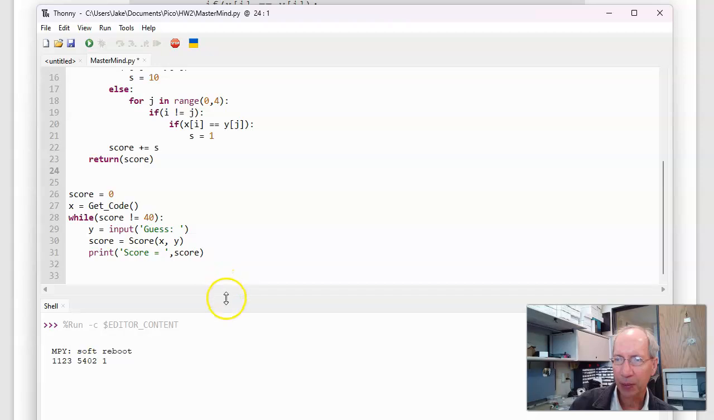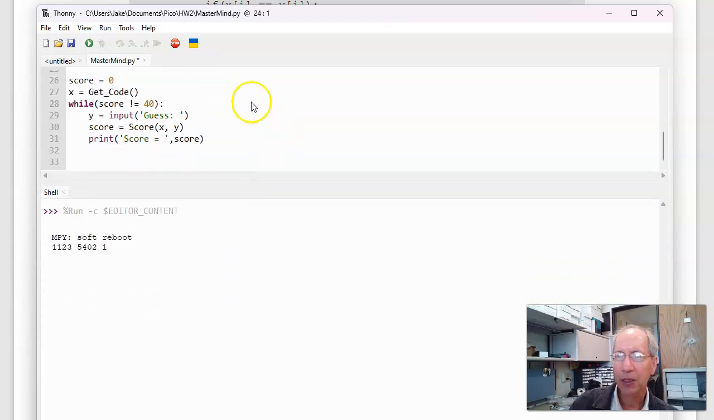Let's bring this up. It's going to ask my guess. Let's try 1, 2, 3, 4. 0, 1. So there are 3 zeros and 5s in the guess. Let's guess 0, 0, 1, 5. 2, 1. So I know the number 1's not in it. 2 of these in the right spot. So let's try